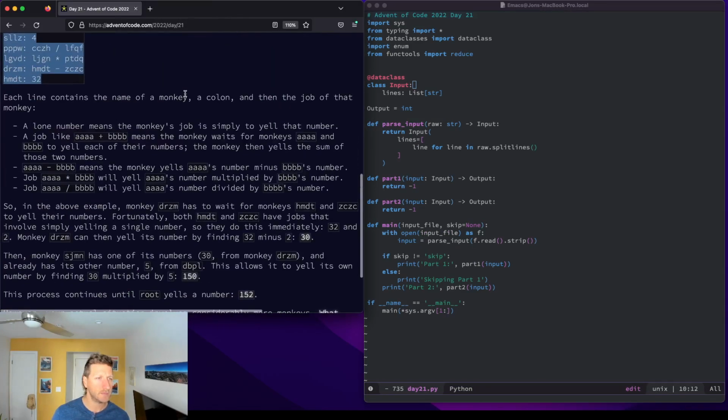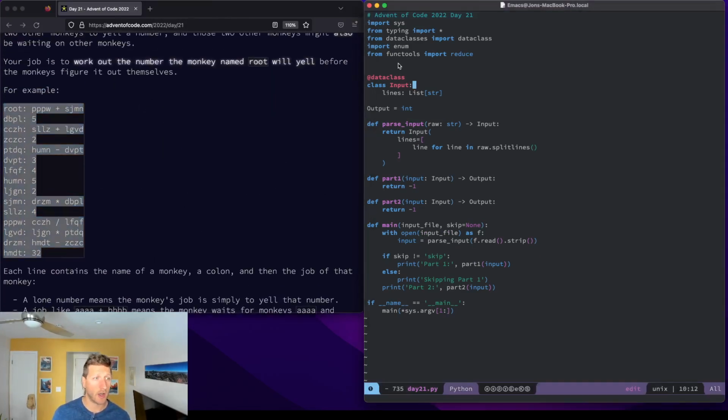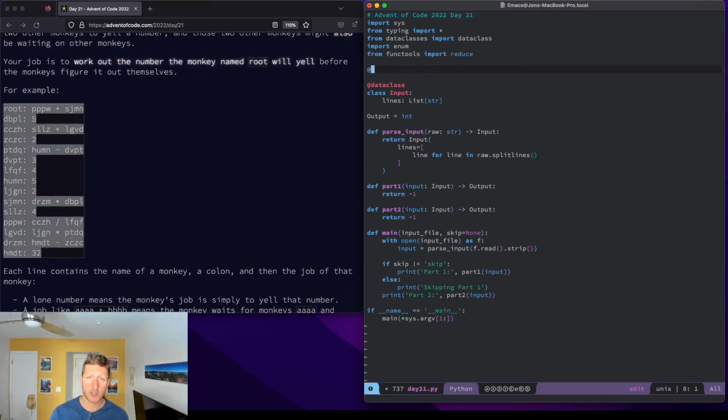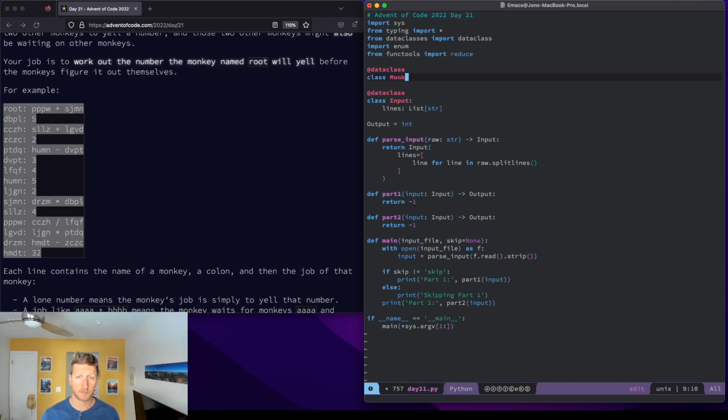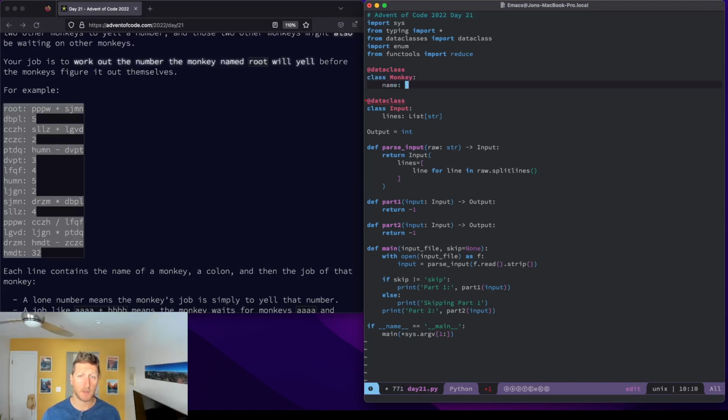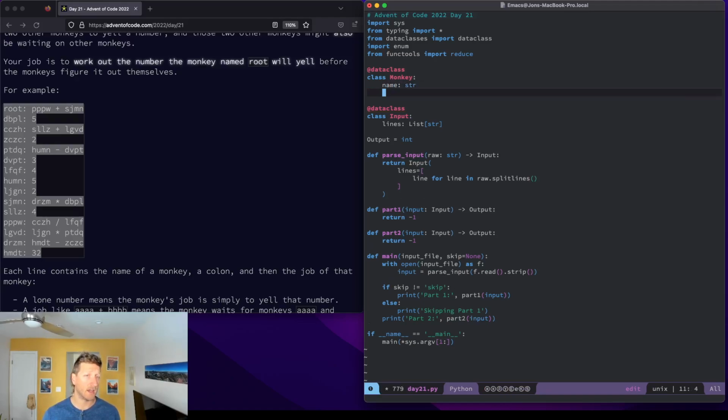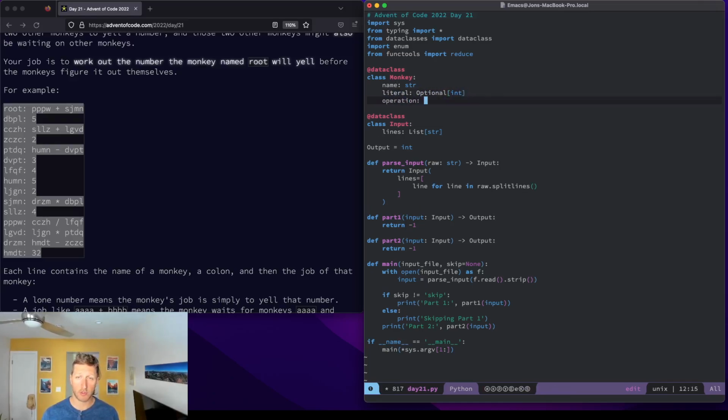Okay. So let's start with just reading our inputs. Let's create a data class for each monkey. And each monkey has a name and either an operation or a number. So literal, optional int, or operation, optional tuple of,